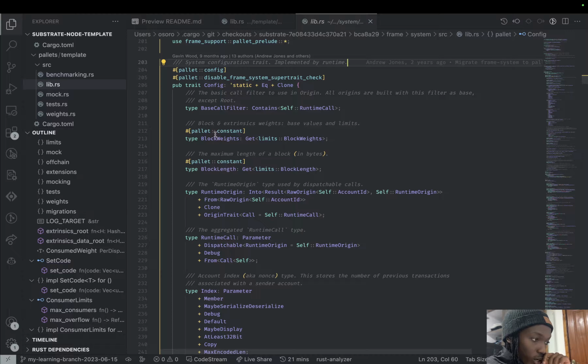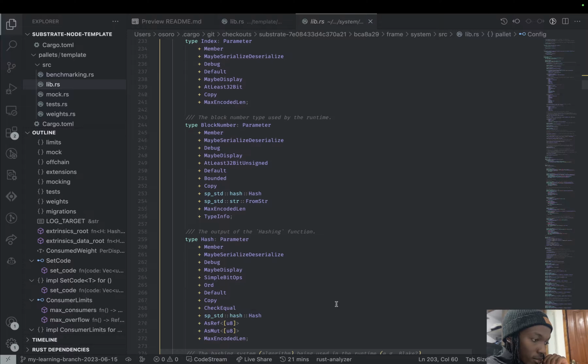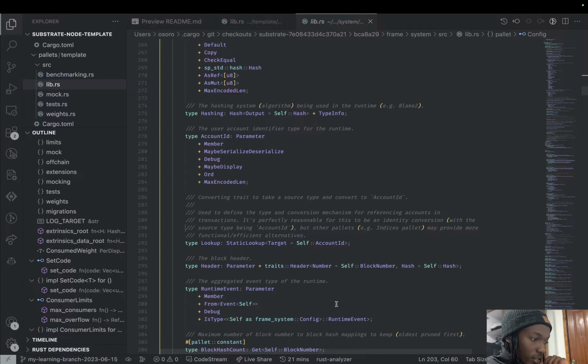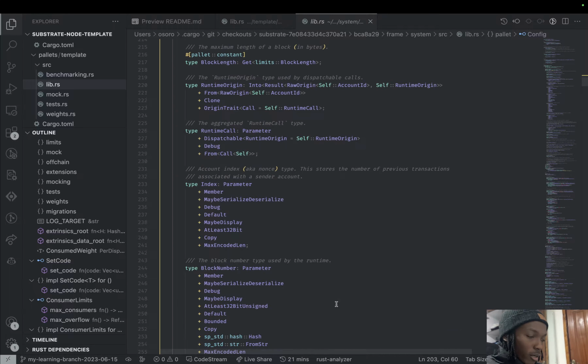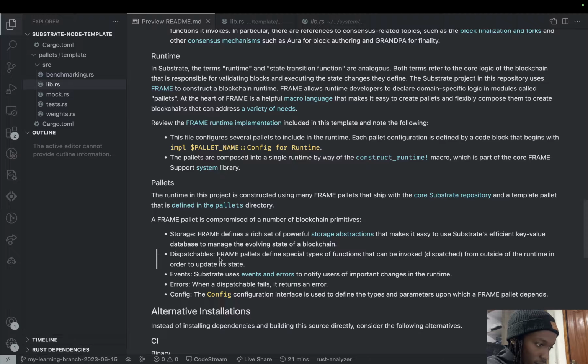So the runtime implements the block length, weight, the call filter, the runtime call, block number, hash, account ID. It implements all that. And what our pallet does is that the config for our pallet extends the frame system config. I think the reason why that happens is because